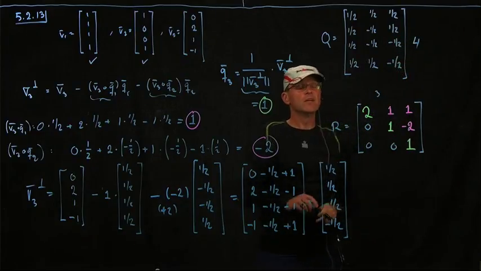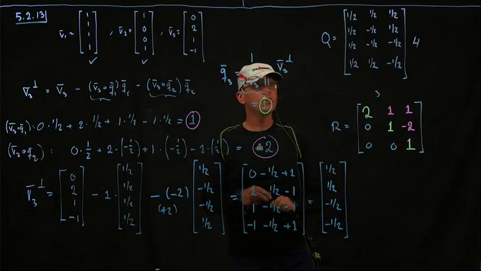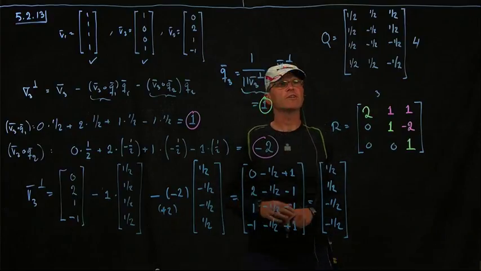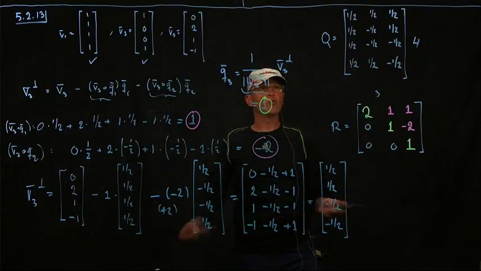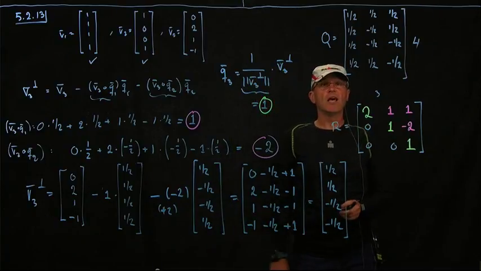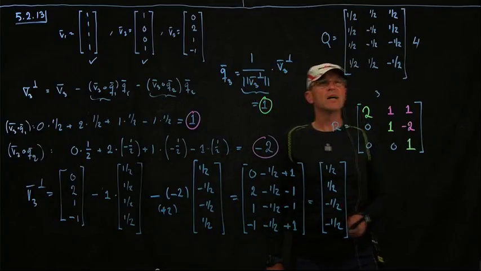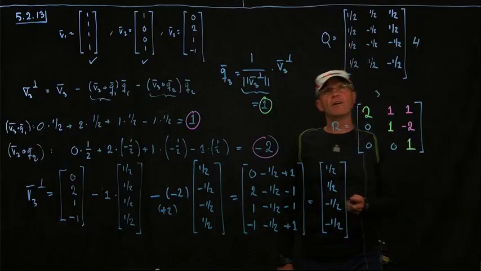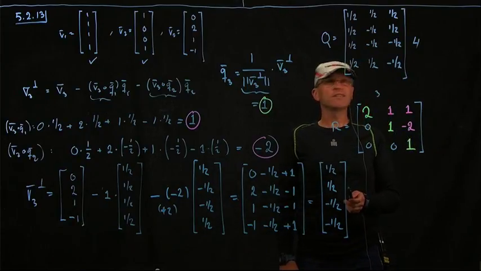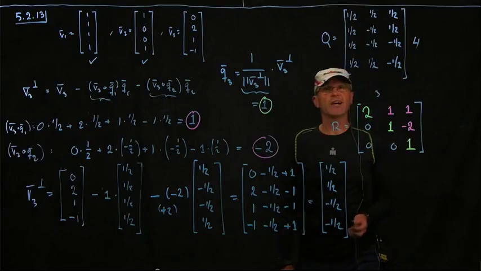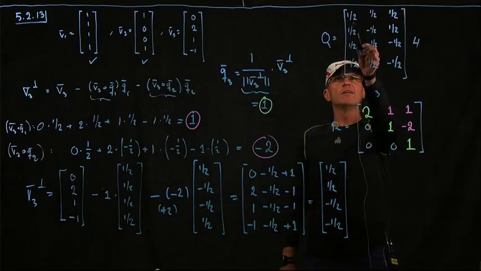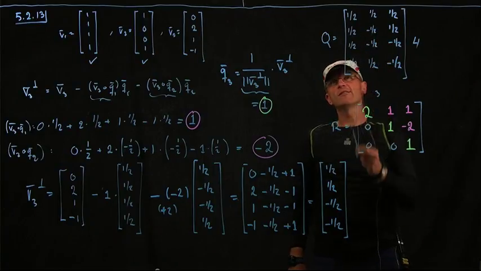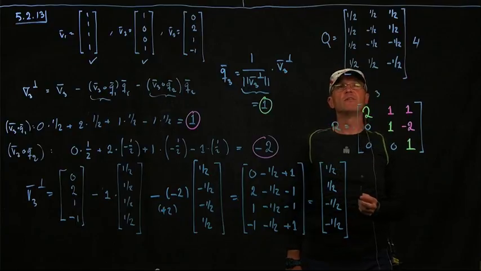Right. So what we should have is that Q is orthogonal, right? So all the columns are definitely length 1, and then when we compute dot products of the columns, we should get 0. Right. So since all the elements have the same magnitude, if we have an equal number of elements with plus signs and minus signs, we get 0. So actually we can check. So we take the first two columns, we generate a plus sign from this minus, minus, and plus, right? So that dot product must be 0.